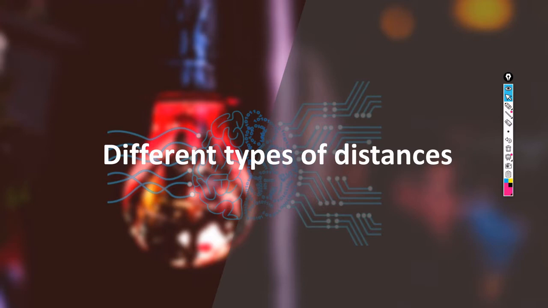As I've said in earlier videos, there are different types of distances used in machine learning. I will discuss today the types of distances that we can use. This is a continuation of the KNN video that we have started. In KNN, if you know, they calculate the nearest neighbors based on some distances. So we will cover some basic distances that are used in the whole area of machine learning.